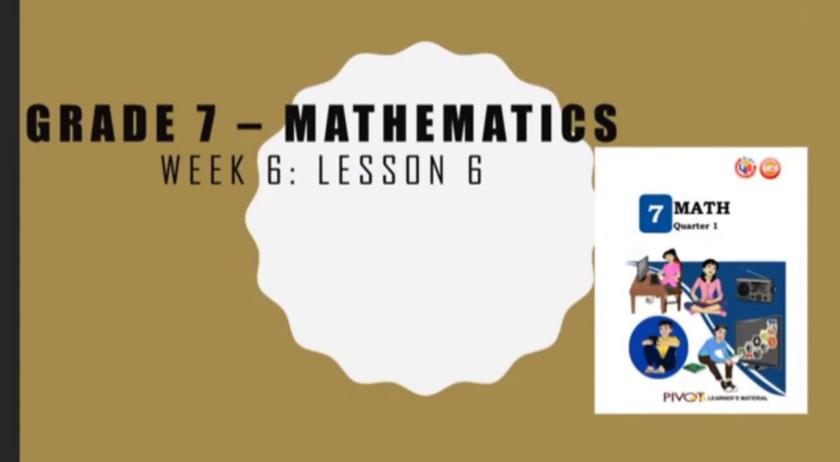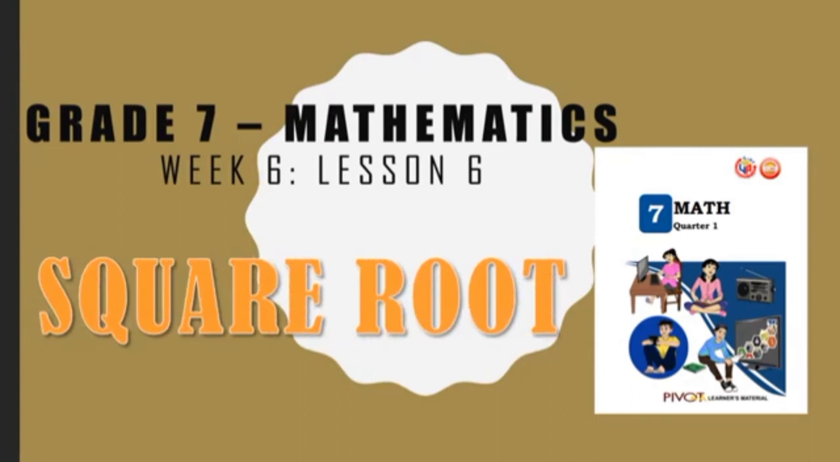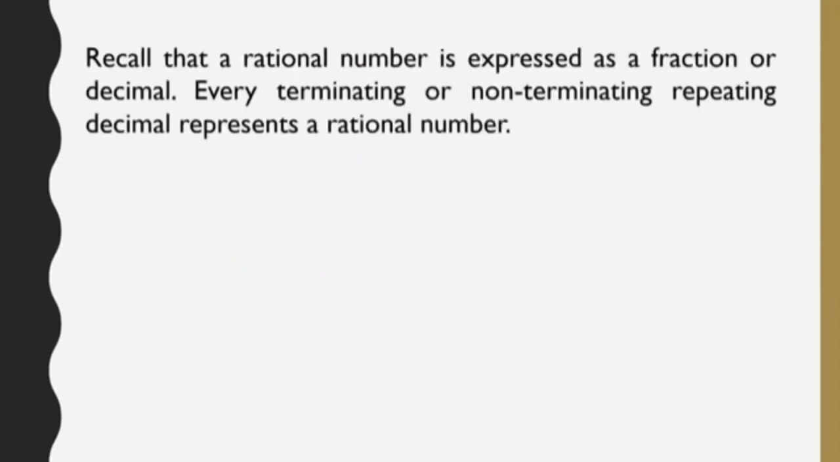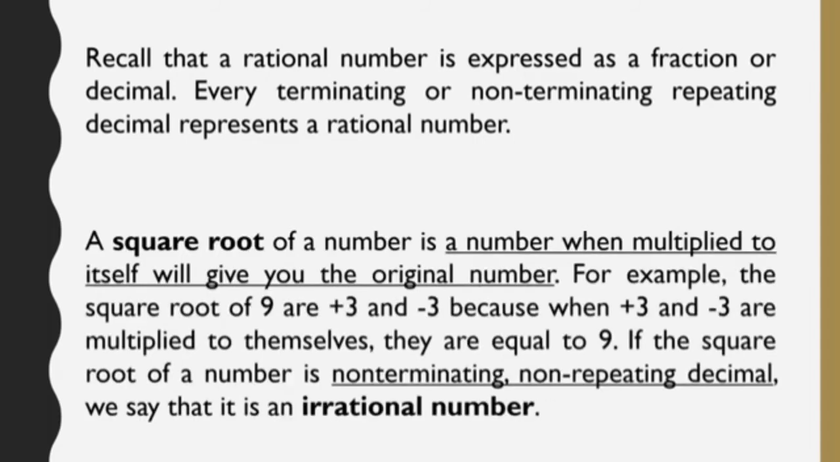Okay, let's have our lesson 6 and we will talk about the square root. But first, let us recall that a rational number is expressed as a fraction or decimal. Every terminating or non-terminating repeating decimal represents a rational number. So when we say square root of a number, it is a number that, when multiplied to itself, will give you